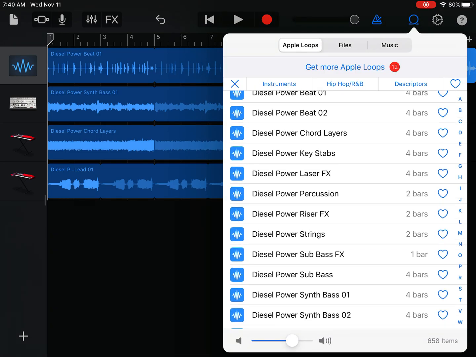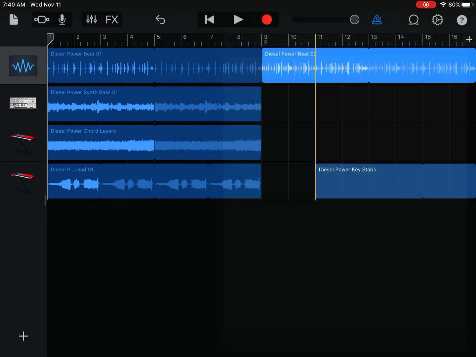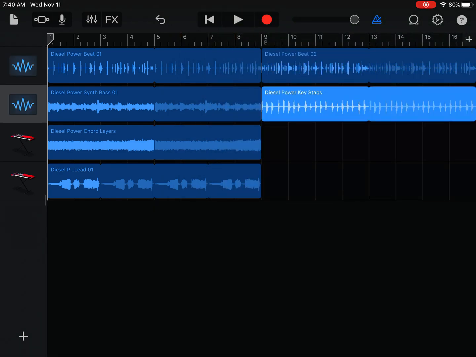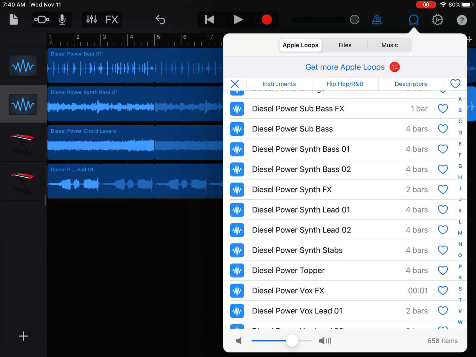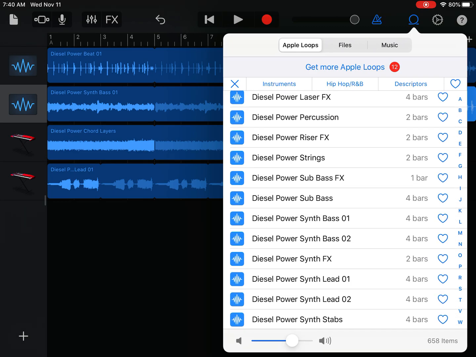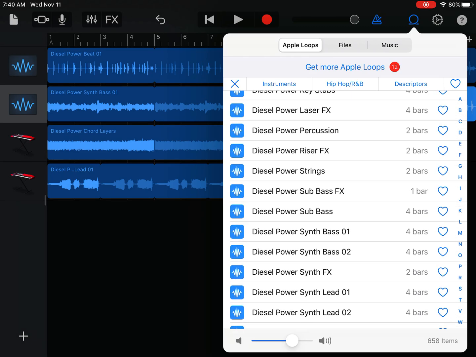Now I had used chord layers. I'm going to try key stabs. See what that sounds like. I definitely like that. Diesel Power background is taken care of. Now, sorry, that was bass. Oh, I skipped ahead to